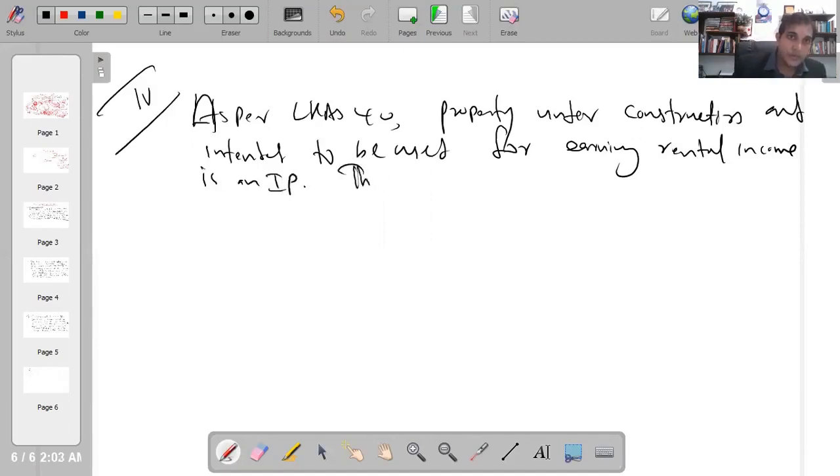Therefore, this building is an investment property,